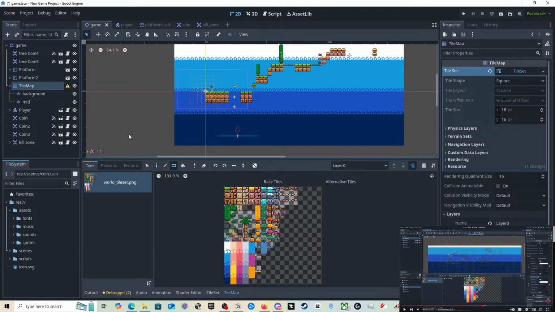Don't know if we can. I don't know if it'll go that far. No. Can't go back any further than that. So that's strange because it's only showing one platform now.